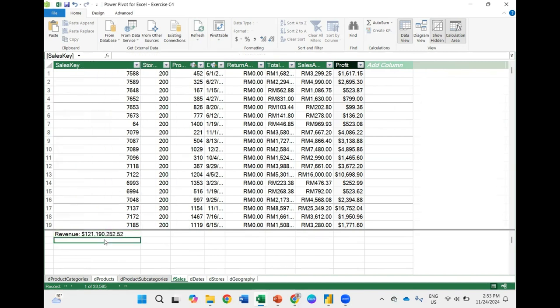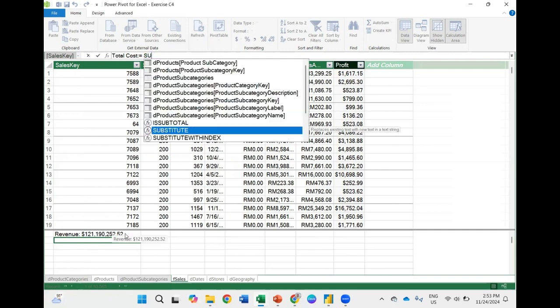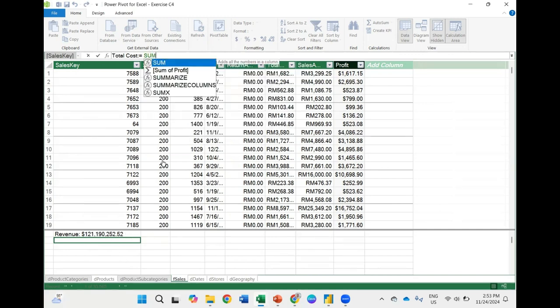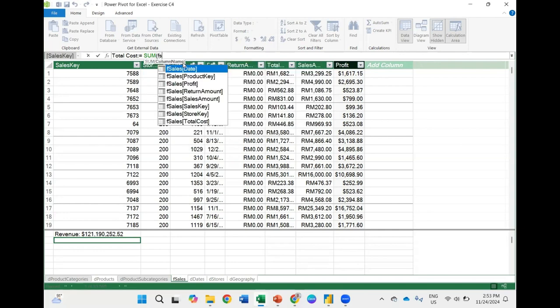Then let's say you want to add a total cost. Total cost equals the sum of F sales total cost.